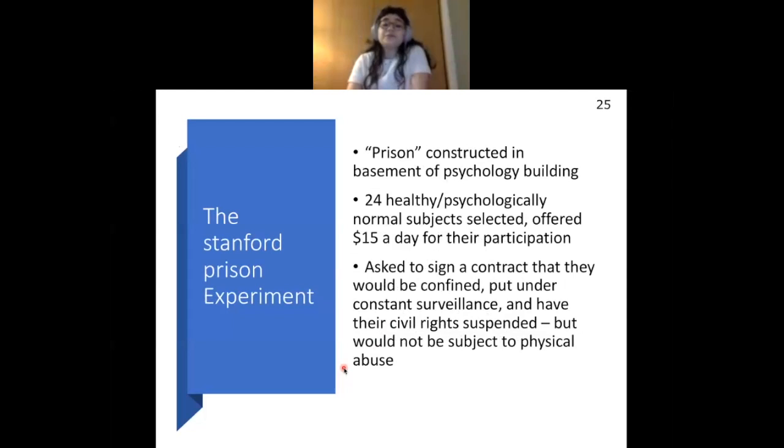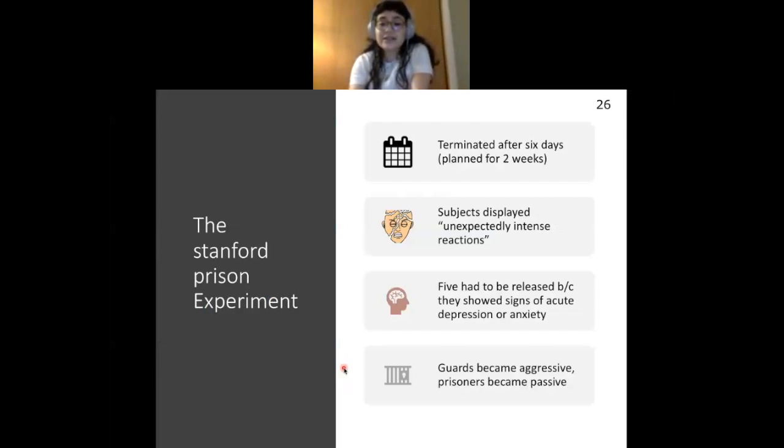And so they constructed this prison, which was basically the basement of a psychology building, and then they provided people $15 a day to participate, and they asked people to sign a contract that they would be confined. They were trying to set up a fake, pseudo type of prison, right? And it was sort of voluntary, but